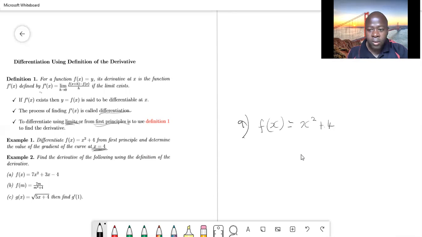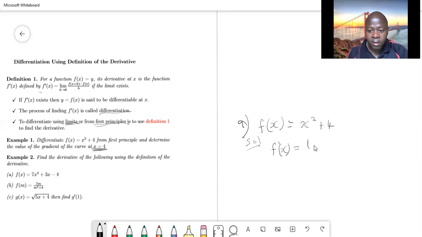We're supposed to use first principles or the definition of derivative. There are various methods, but let's restrict ourselves to the method given to us. So our solution is, our derivative will be given by the